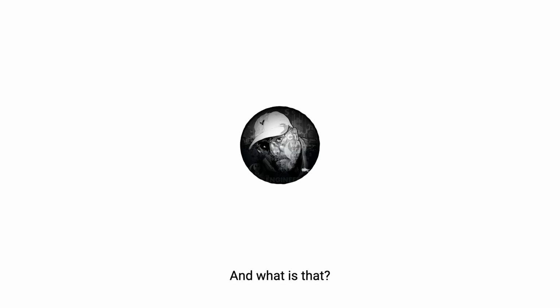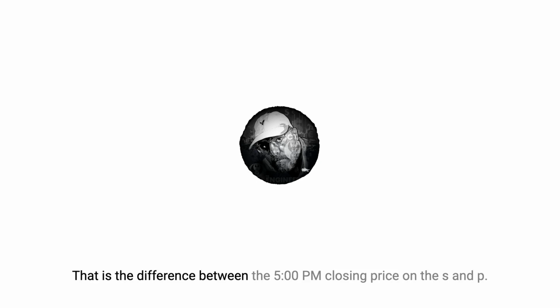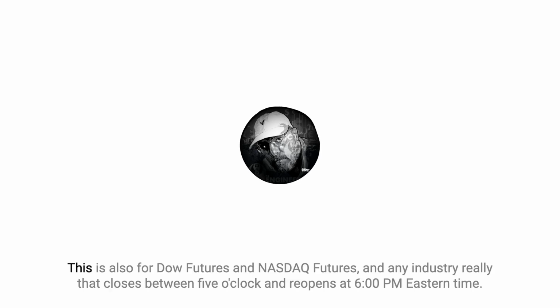Now, you can also create a template for your new day opening gaps. And what is that? That is the difference between the 5 p.m. closing price on the S&P. This is also for Dow futures and NASDAQ futures, and any index really that closes at 5 o'clock and reopens at 6 p.m. Eastern time. So the distinction for new day opening gap, which is always going to be abbreviated as NDOG,